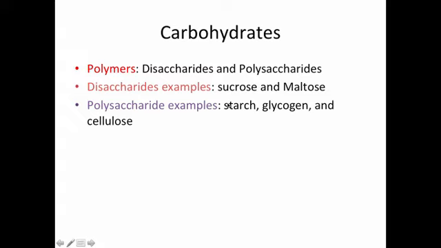Starch is a complex carbohydrate that you find in potatoes. Cellulose is a complex carbohydrate that you find in plants, and it makes up plant walls. An excellent example of cellulose would be celery. If you've ever eaten celery, you know it's kind of stringy and rough, and that's the fibers that are in cellulose, and they're very important to humans for their digestive tract. Your doctors are always going to be telling you, oh, you need more fiber. And that's because it helps your digestive system move all of your foods along the digestive tract,